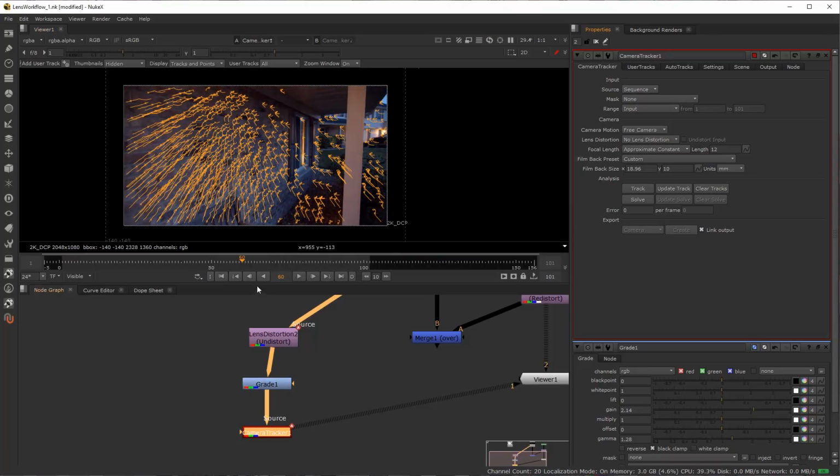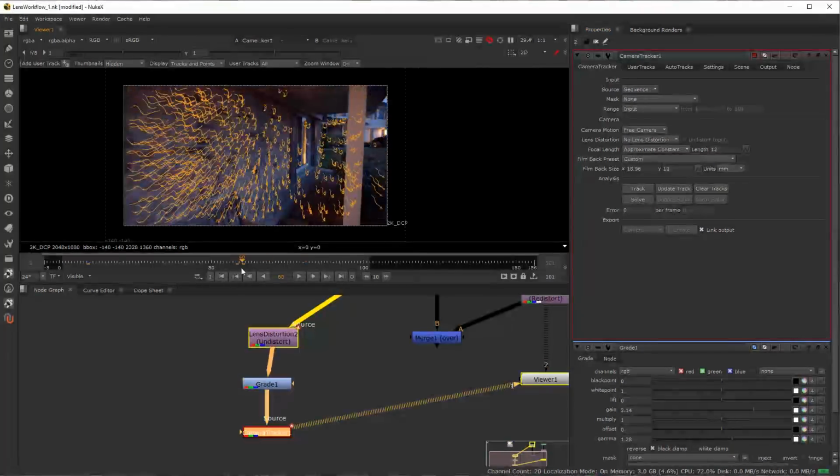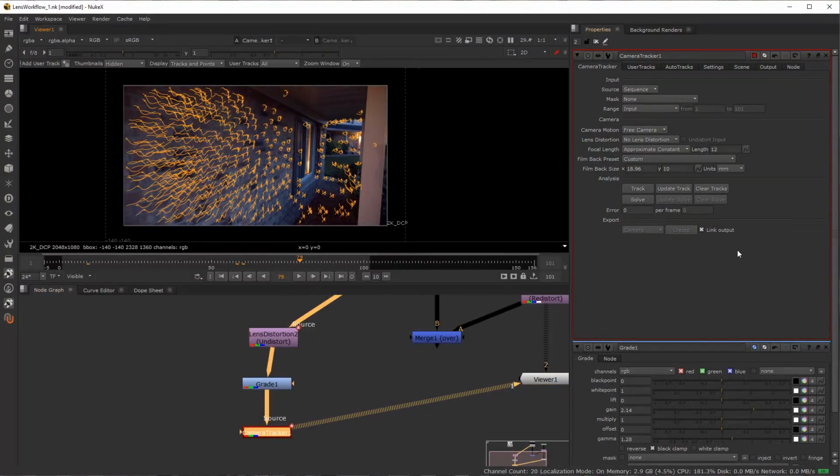Okay, so track forward and track back. We've got a lot of spaghetti right now. That's good. And now we're going to go over here and do a solve. So hit the solve on here. We have an error rate of 1.17. They'll tell you in the industry that the per frame error rate should be below